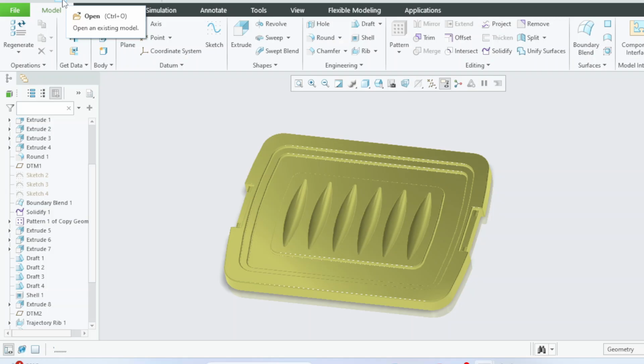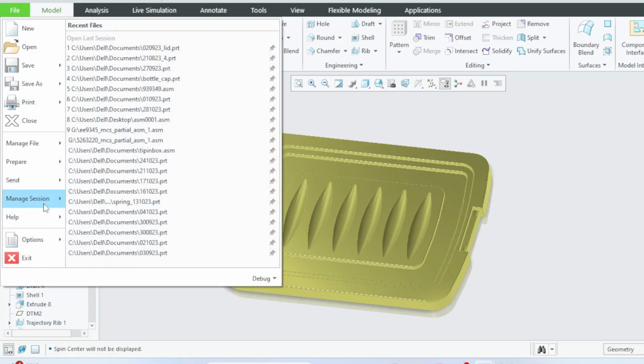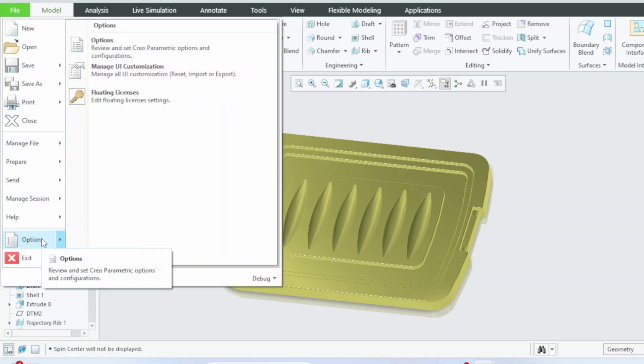But if you really want to get faster in Creo Parametric, any command you are going to use frequently, you should place up there at the top of the screen. The way that you can configure this is by going to File, Options,